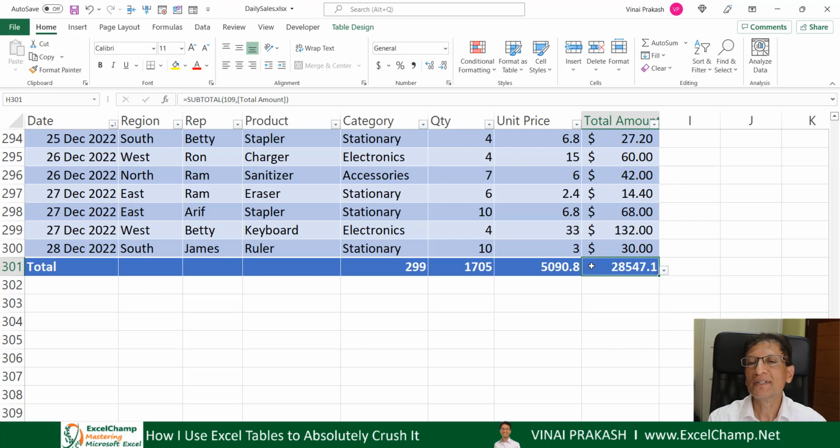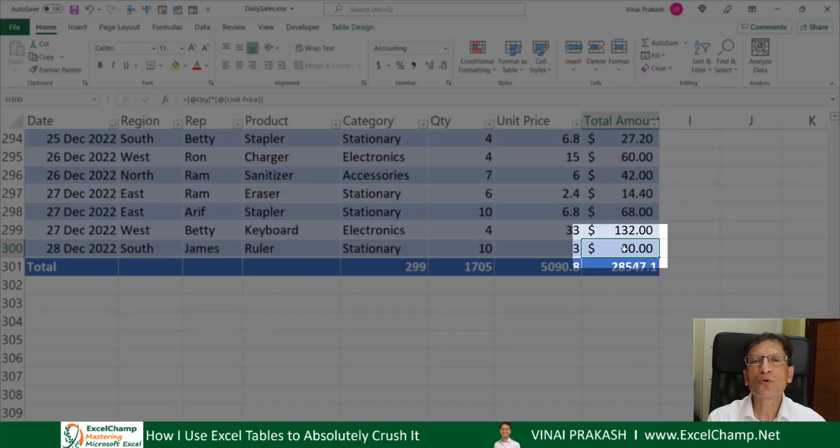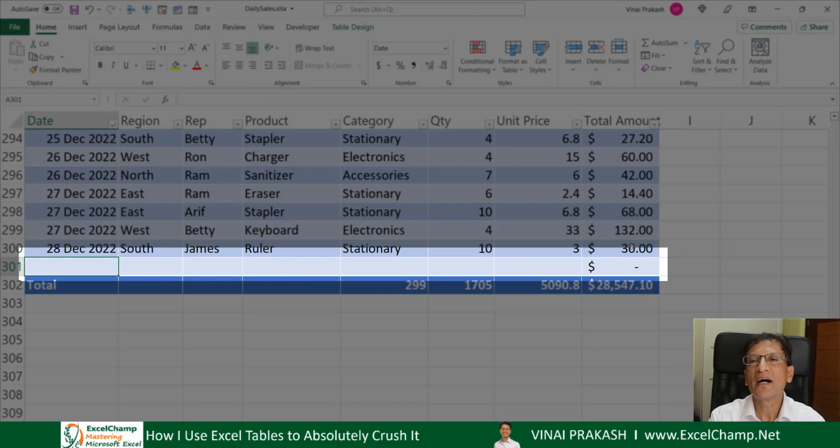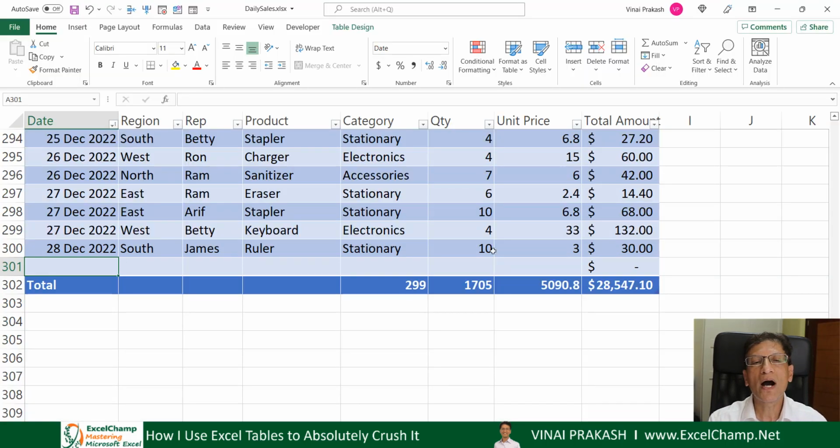You don't have to bother. Simply come to the last row and last column of data, not the total row. If we press the tab key, it will automatically create a new row for us to do our data entry. So I can come in and I can make a sale on the 31st of December 2022 from the East